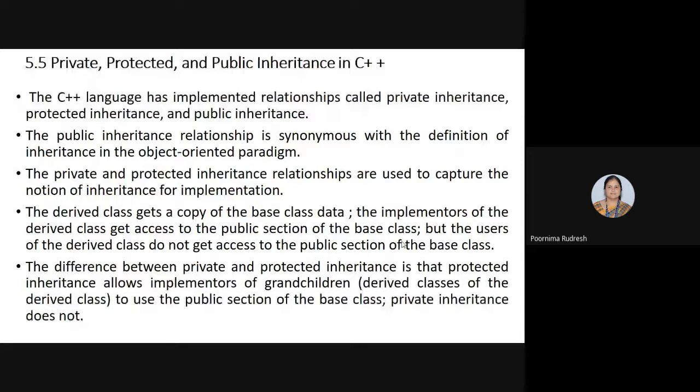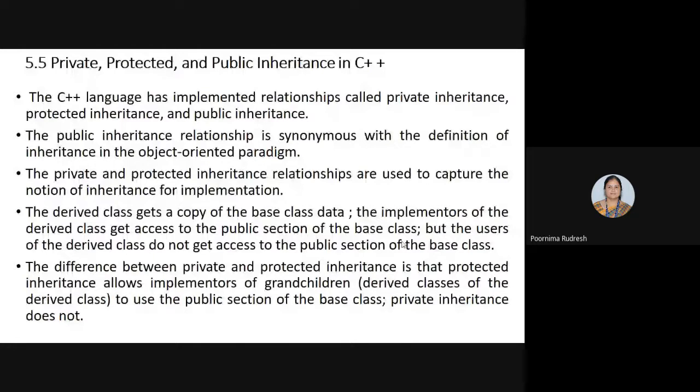Okay. So first we'll see what these relationships are in C++ and what the difference is between the public, private and protected inheritance relationships in C++. As we know, the C++ language has implemented private, public and protected inheritance relationships. The public inheritance is the same as the general public inheritance of the object-oriented paradigm.